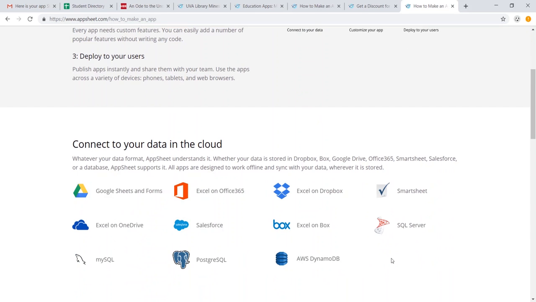So AppSheet is a platform that connects with your existing cloud-based data sources, which is helpful because then your data is no longer siloed, but rather you can maintain your single source of truth, whether that's on Google Sheets or Dropbox or SQL Server or other common data sources. AppSheet can also scale with you as you grow. So whether you're just using a couple hundred rows of data or you're using a couple million rows of data,